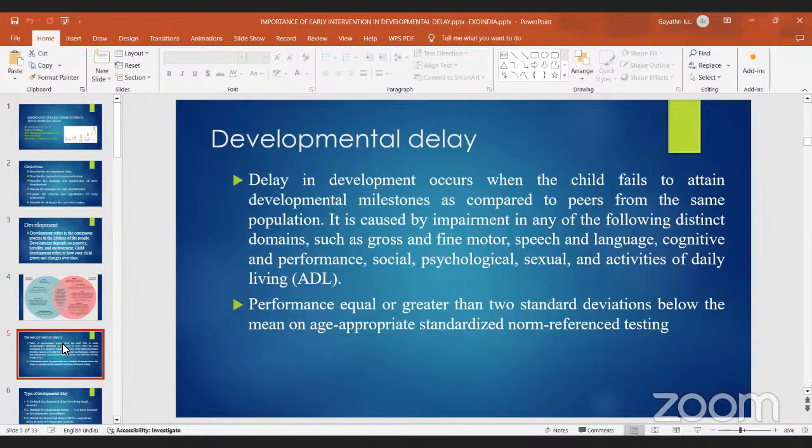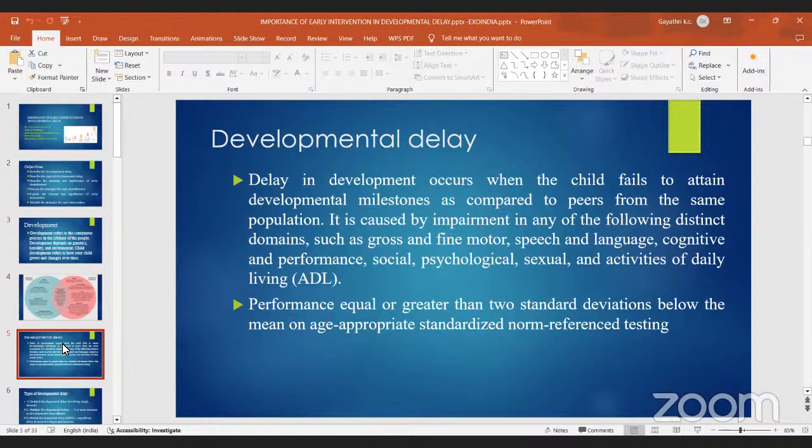Delay in development occurs when the child fails to attain developmental milestones as compared to peers from the same population. That means if you are comparing anyone, you want to compare with the peer group. If the baby is not attaining those milestones, we can tell it as developmental delay. It can be caused by the impairment of the